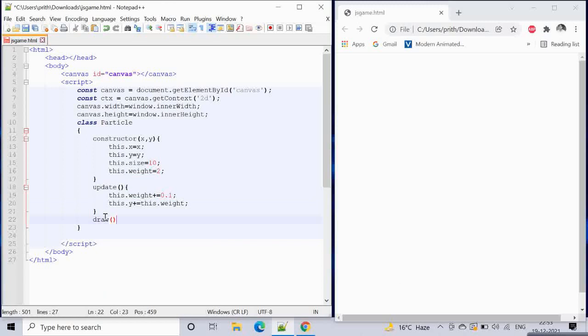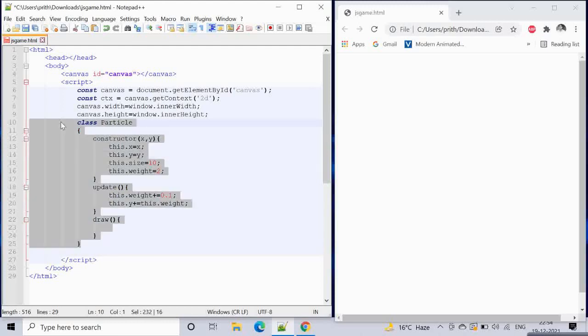And we will have a draw function. Why are we using a class over here in the first place, because in the last video we didn't use a class? That's because we will have multiple balls bouncing. We want to create an object of this class and use it as many times as we want. For that reason, the draw function will have